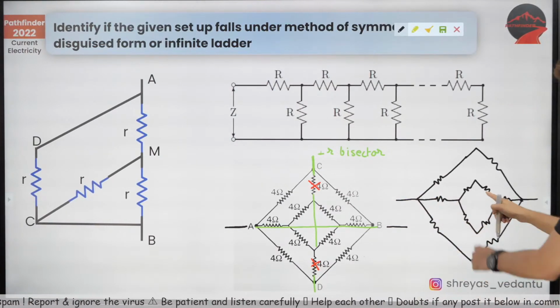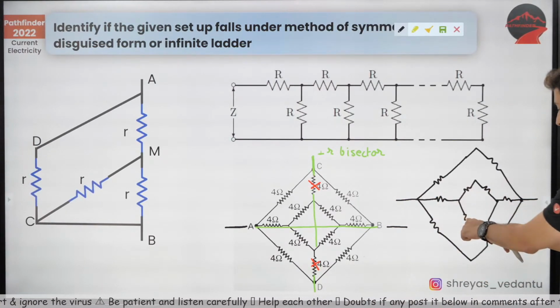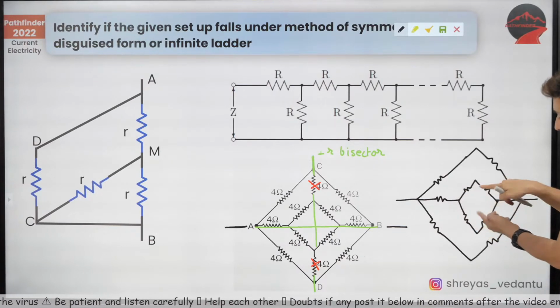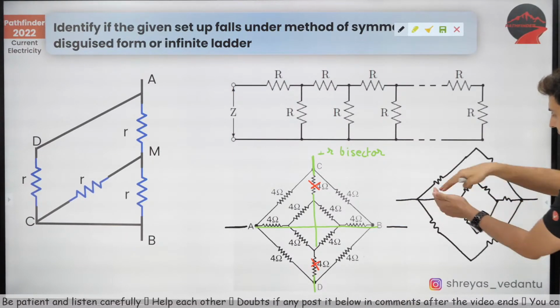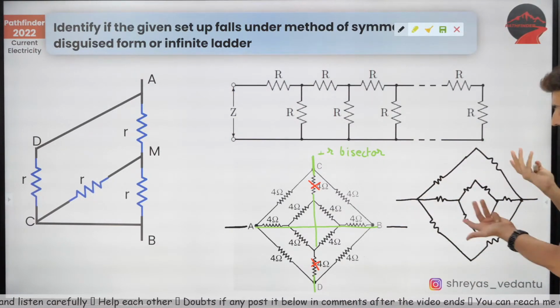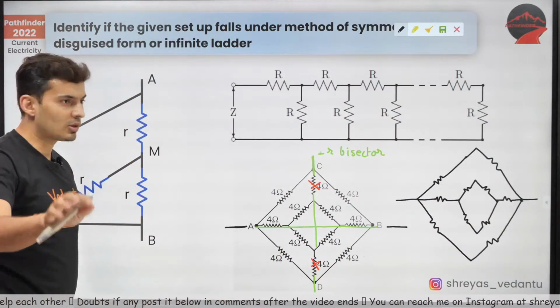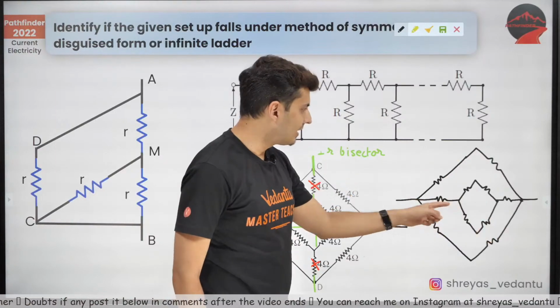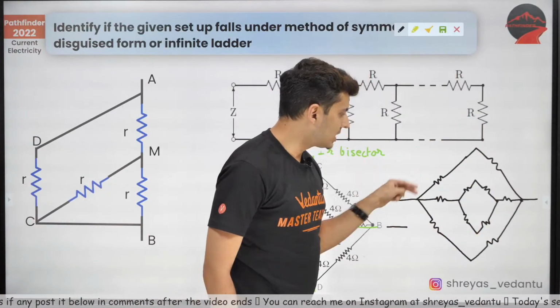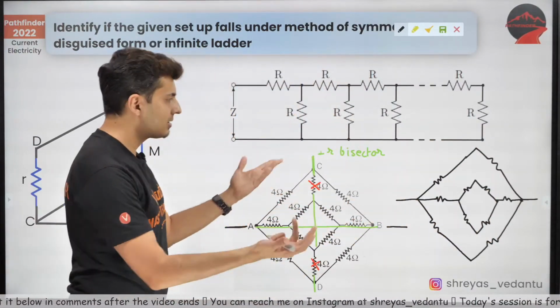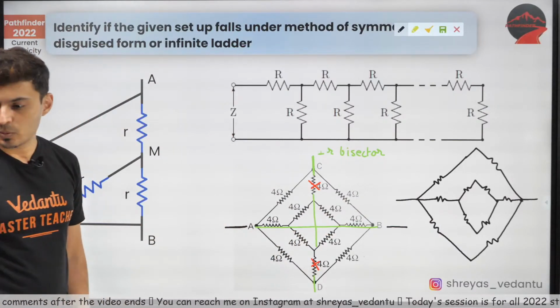You can see that these two are in series, these two are in series, these both are in parallel, and now you have 1, 2 and 3 branches in parallel. Now you'll be able to solve it because it is a very simple circuit. 1 branch, 2 branch, 3rd branch. So 3 branches in parallel. Now you can just solve it. I hope that makes sense.